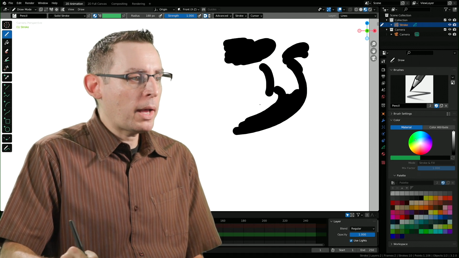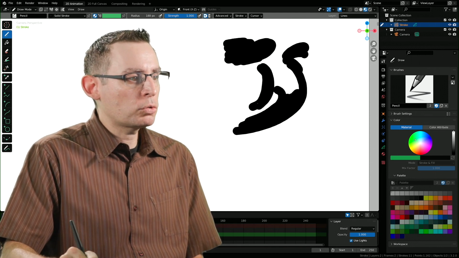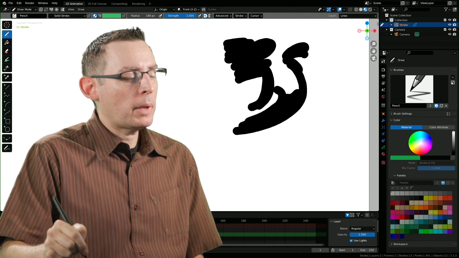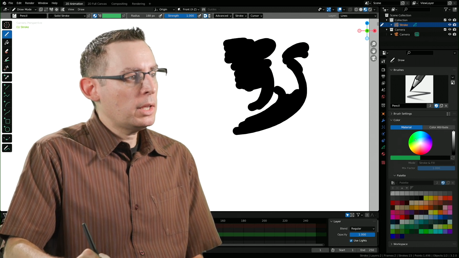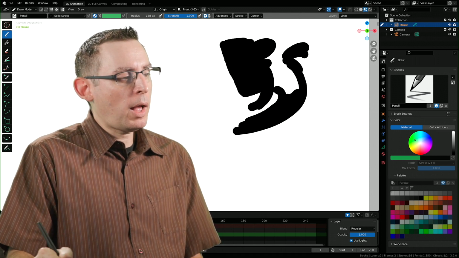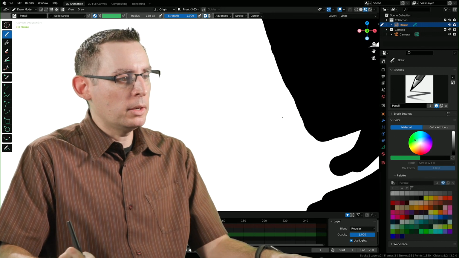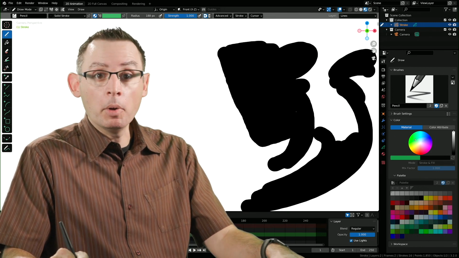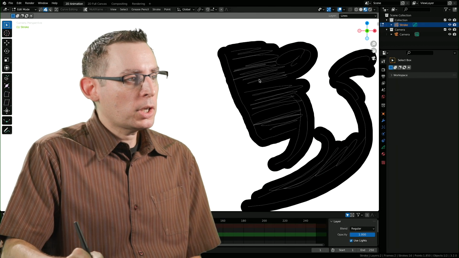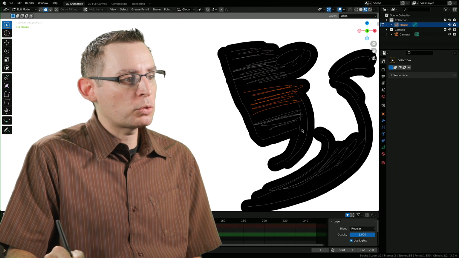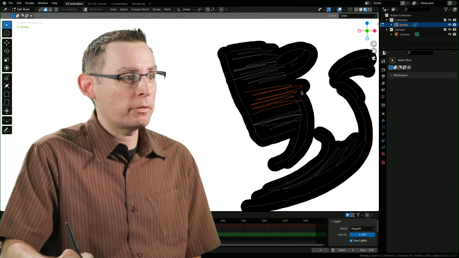But remember, whenever you mouse up, you're actually creating a new stroke. Mouse up, creating a new stroke. Now, even though it looks like I've filled in this block here, check it out. If I was to zoom in and go into edit mode, Control Tab to get the pie menu, check it out. We actually have a whole series of strokes that have been preserved inside of the frame itself.